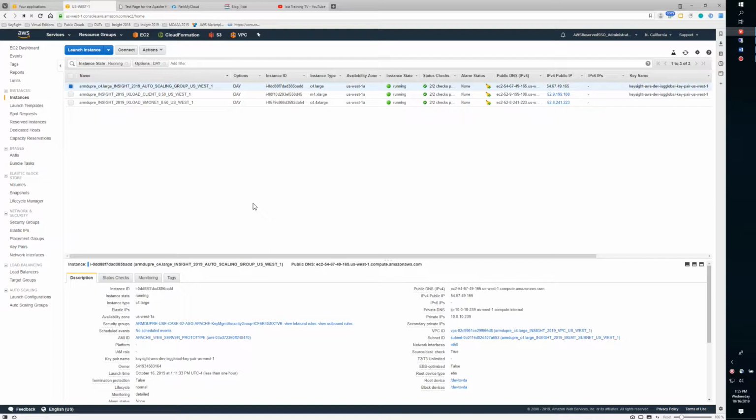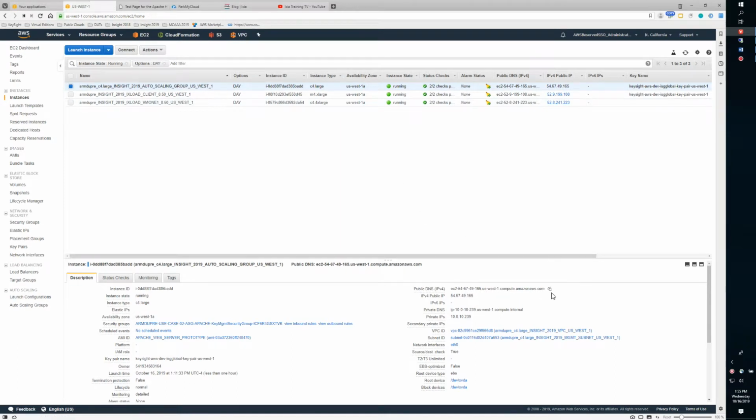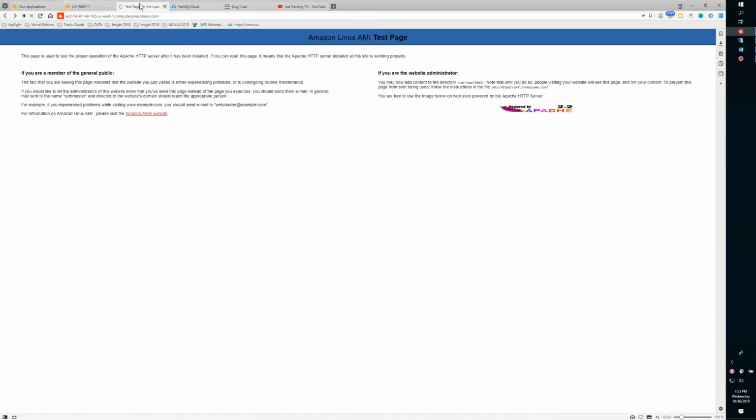So I've got the IXIA on one side, I've got the web server. Let's actually check out that web server and see it's out there. So if it's running right now, I've got a client and a traffic generator right here ready to go. We'll go into that in a moment. But what I'm going to do is I'm just going to show you there's a web server out there. It has the DNS that is assigned to it by Amazon, and I'm going directly to that